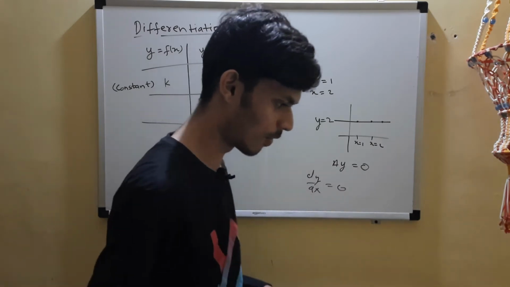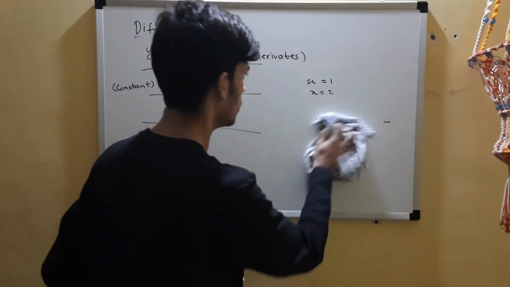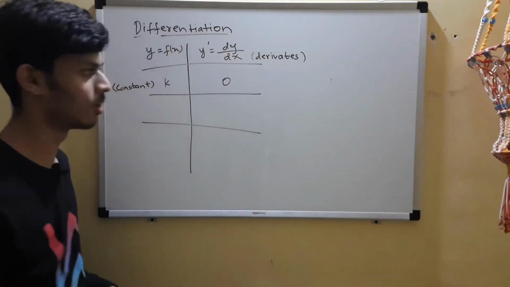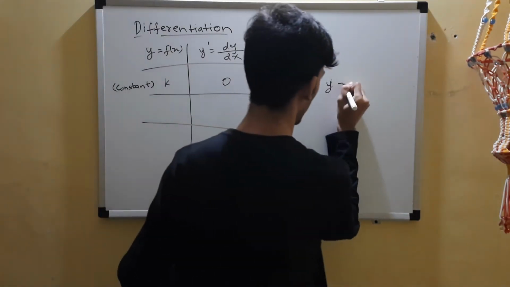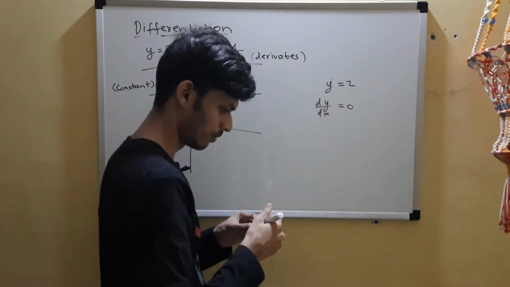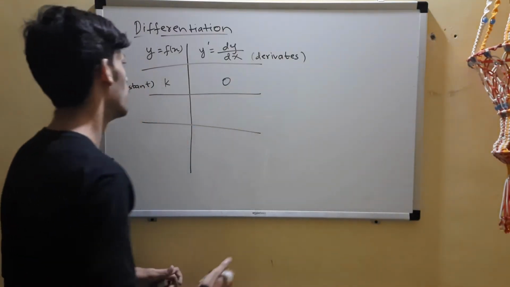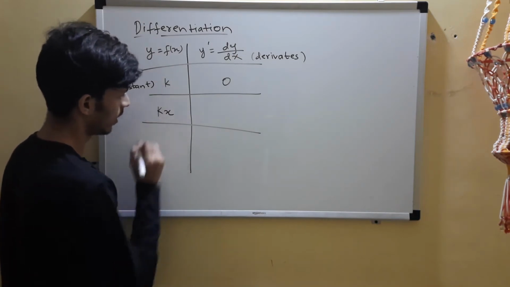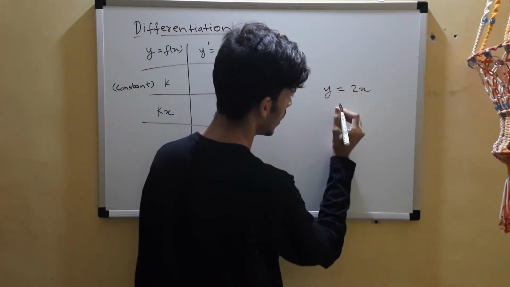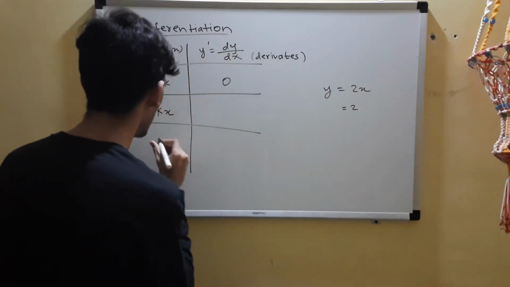Now I can't provide logic for each of the ones that I will discuss next. Only this one I could provide a logic for. So the differentiation of a constant is 0. What was the example? y is equal to 2. So dy by dx in this case will be 0. Differentiation of a constant is 0. What if you have kx? So y is equal to 2x and all. What you can do is get that 2 out and differentiate x. I'll come to that.